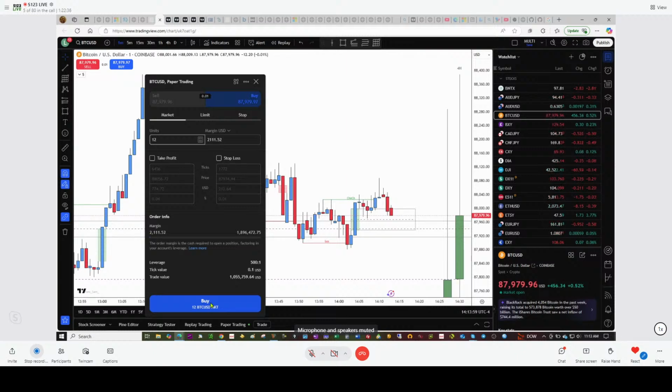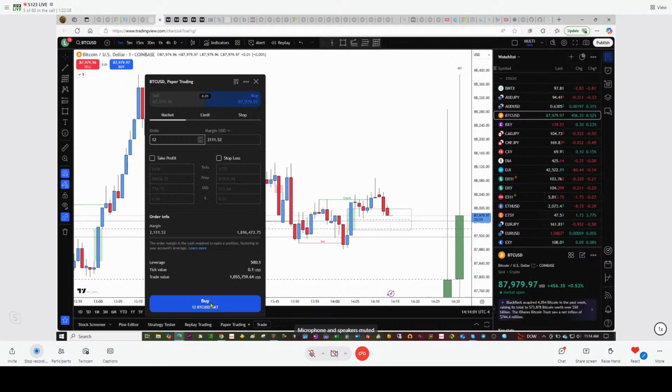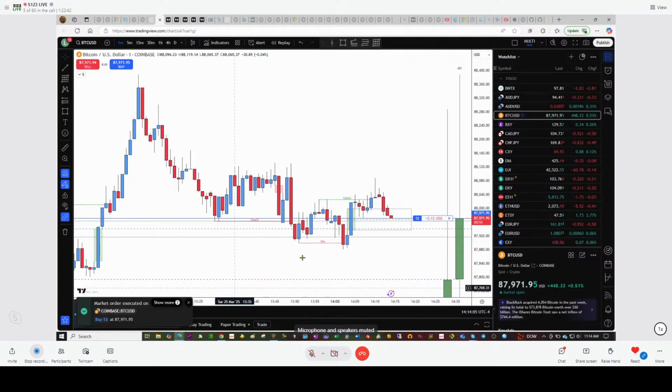The longest wait in the world. Here we go. There we go. Okay, so I'll take that trade now from almost midpoint. So they've tied that low, so they're probably going to go through it a little bit here, but